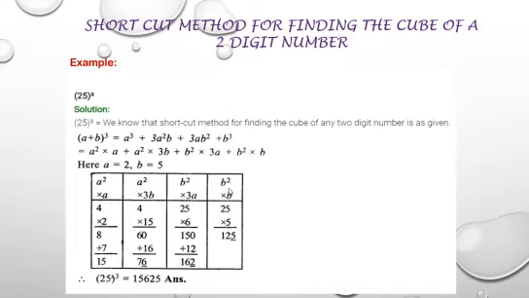Now substitute the values. B is 5. Now b square means b into b, that is 5 into 5, 25. And what is b here? 5. So 25 into 5. You multiply and get the answer. In the same way, b square into 3a. A is 2. 3 2s are 6. Like this we have to substitute all the values, and normally the way we multiply, we will multiply.